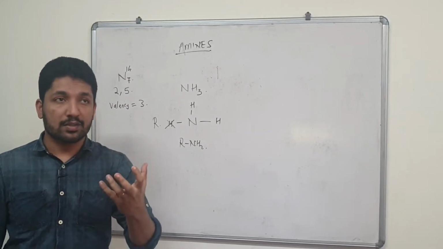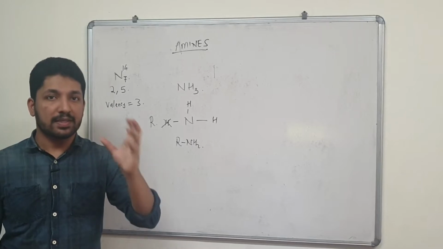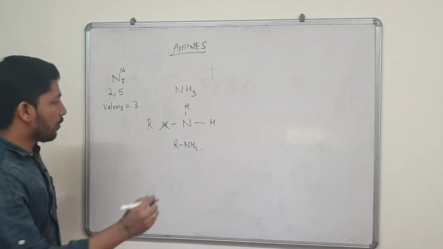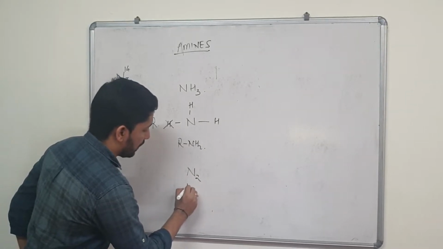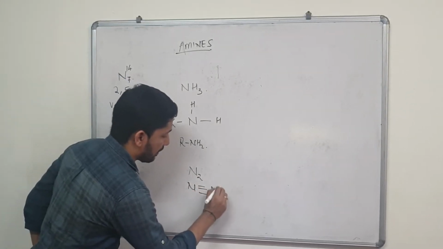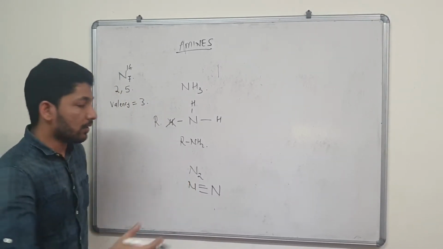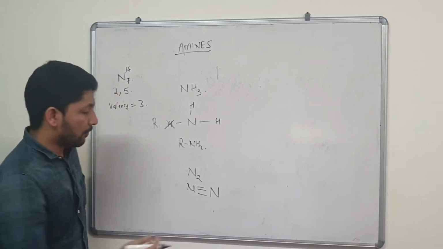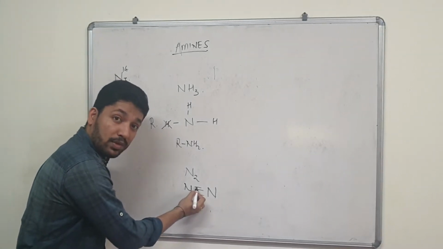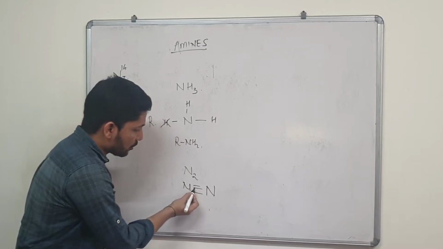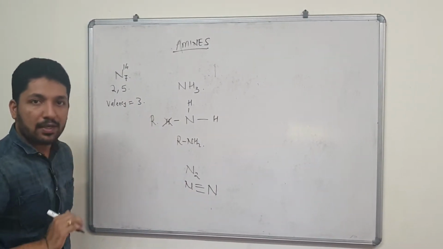Similarly, nitrogen, which is present in the atmosphere, is not monovalent but divalent. It's N2 molecule. How is that N2 molecule formed? So the N2 molecule, I'll write over here, is represented as N triple bond N. Just like oxygen has a double bond, nitrogen will form a triple bond, where each bond represents 2 electrons being shared between both the nitrogen atoms. Okay, so we have a total of 3 bonds which share 3 pairs of electrons.